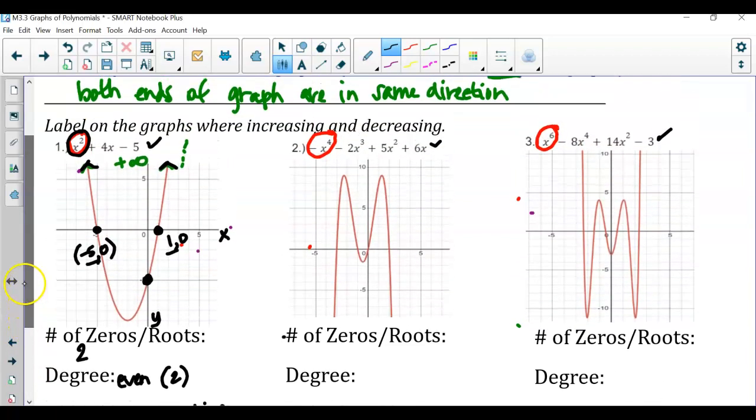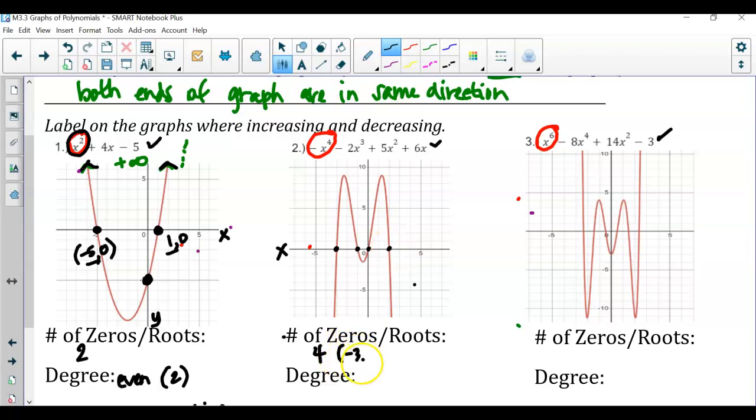So now here with number 2, again, we're looking at the number of zeros and roots. So notice how many zeros there are. Well, how many times is the graph crossing the x-axis? 1, 2, 3, 4. So there are 4 zeros. And then if we also wanted to list them out, because this is crossing at those points, we do have